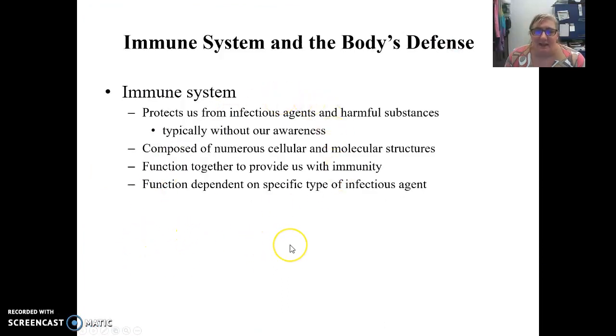Our immune system is what actually protects us from pathogenic agents, or agents that can be considered harmful to us. They work continuously without us even realizing that they're doing any work. A lot of our energy goes into providing ourselves with immunity